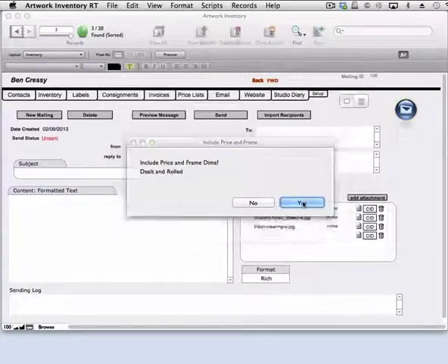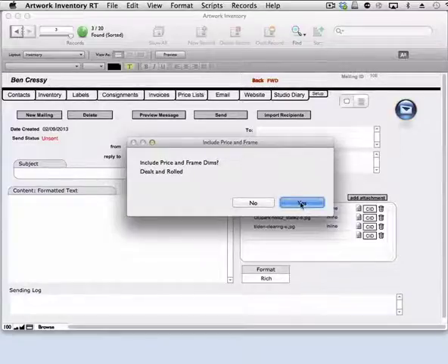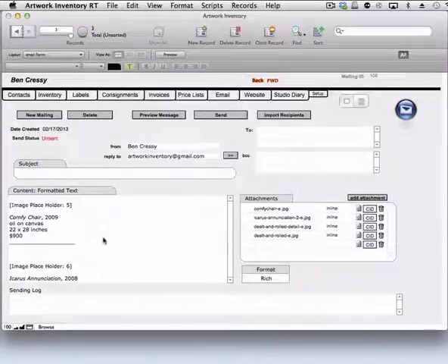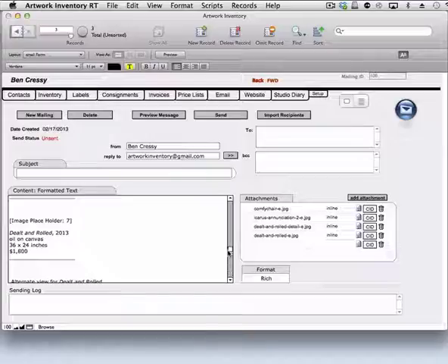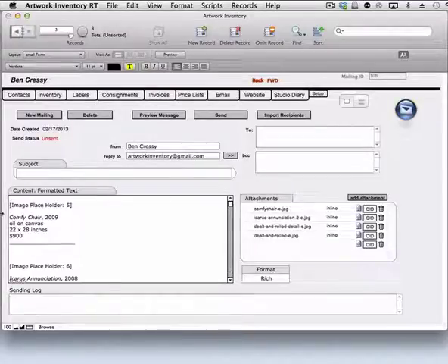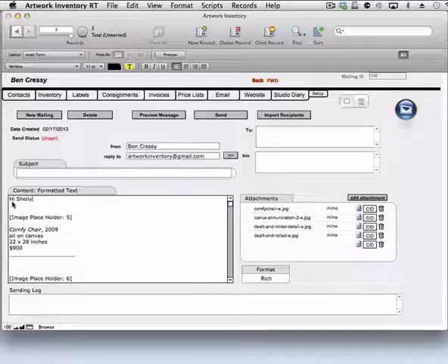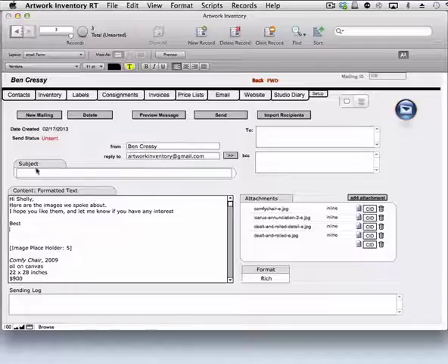And the frame dimensions for this one. And the frame dimensions for this one. But this particular image has multiple images. It says extra images. And I say, yes, I do want to include those. I could also say no, and it would just be the 3 images. So what that does is generates this text box here, where you can then adjust as much content as you like. So I can make an introduction, and you add a subject,